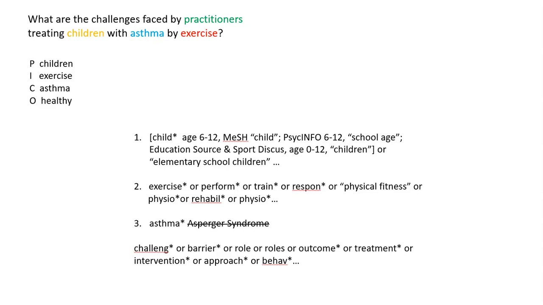Then I listed my keywords I want to look at. They come from a research question in the exercise. I'm looking for any articles that deal with challenges or barriers, role or roles, outcomes, treatments or interventions, approaches or behavioral relationships to these sorts of things. So it's kind of like in my parking lot to one side as I sit down and tackle each one